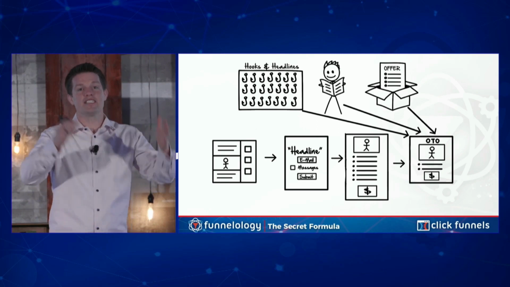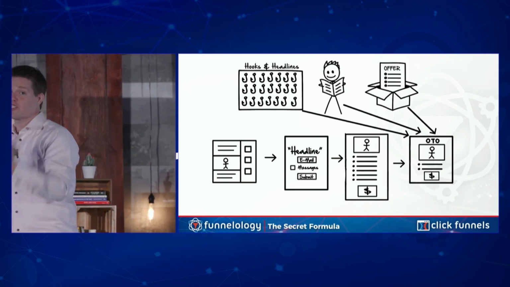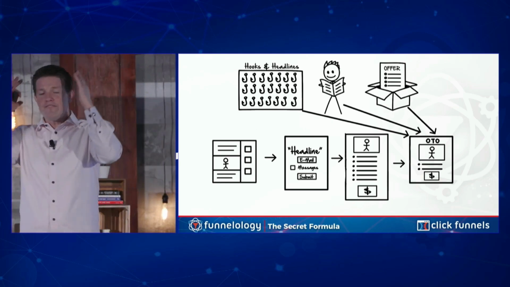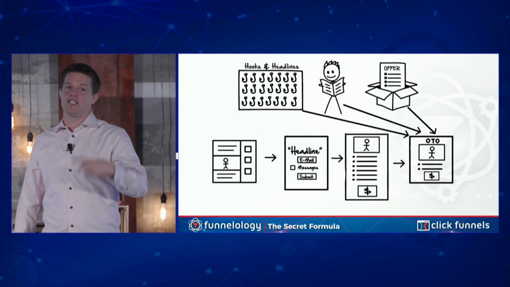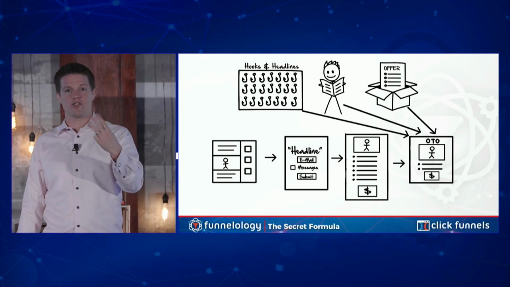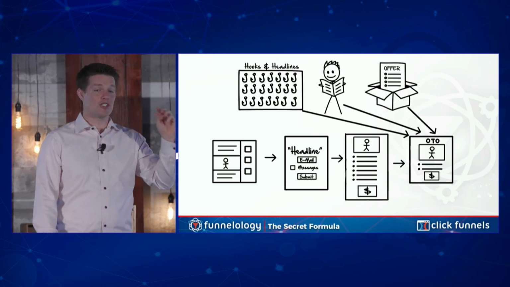Okay? It's in every single element, everything you do. Every email you send out, there's a hook, story, offer. Every podcast you publish, there's a hook, story, offer. Every video you do, everything you're doing, there's a hook, a story, and an offer. Okay? And if it's not working, it's always one of those things. Either your hook was wrong, your story was wrong, or your offer is no good. Okay? So if you want to become amazing at this game, it's becoming amazing at understanding this and figuring out,